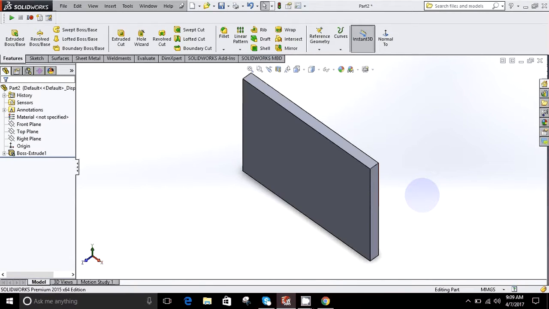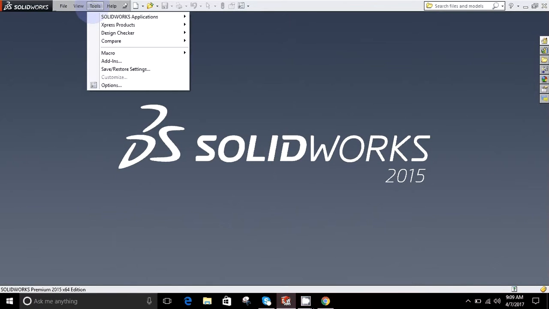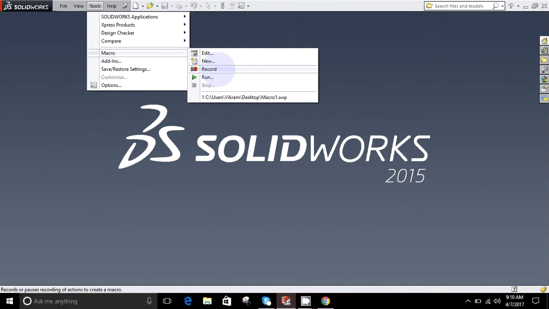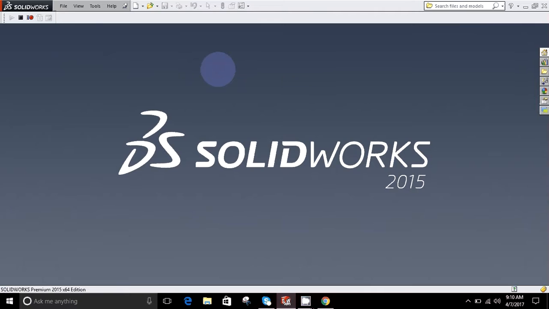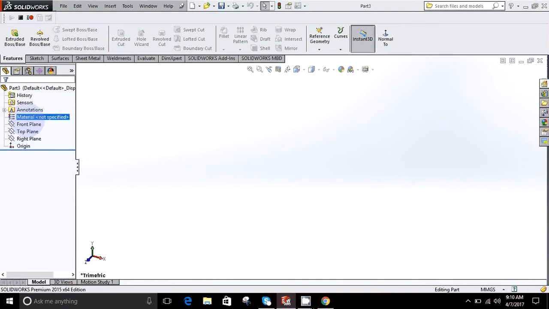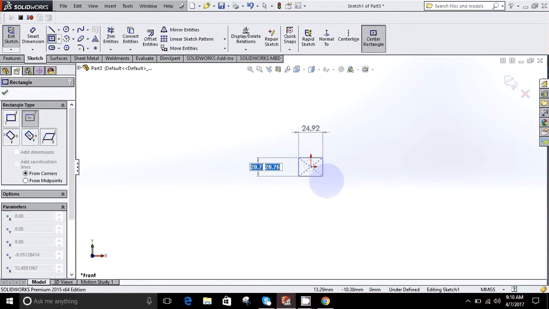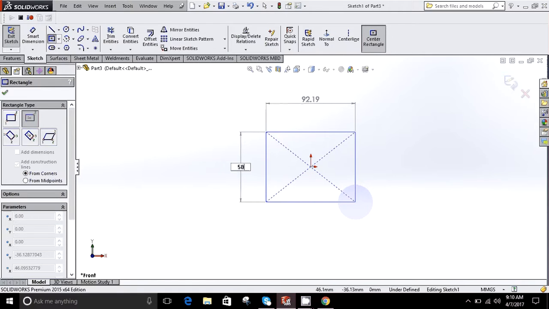But now, how to save your own macro and edit a macro. Now I close this, go on top, and first is record macro. Now recording of the macro has started. So take your plane and make some design which you want to save for the macro.